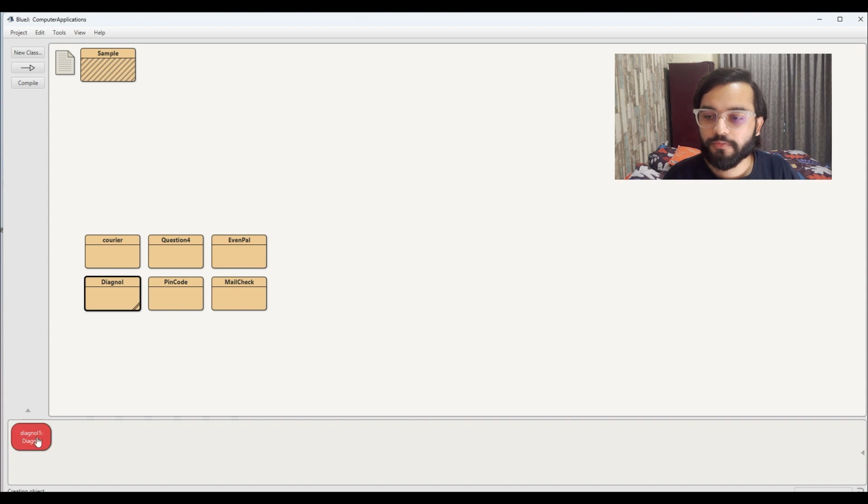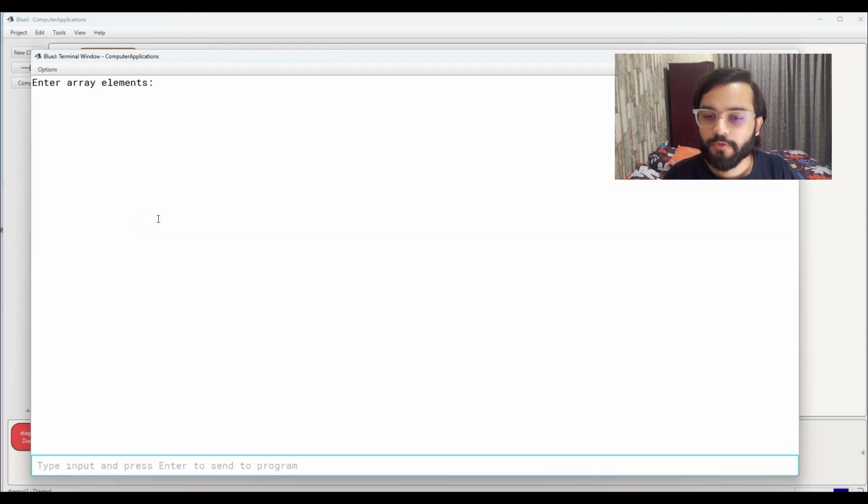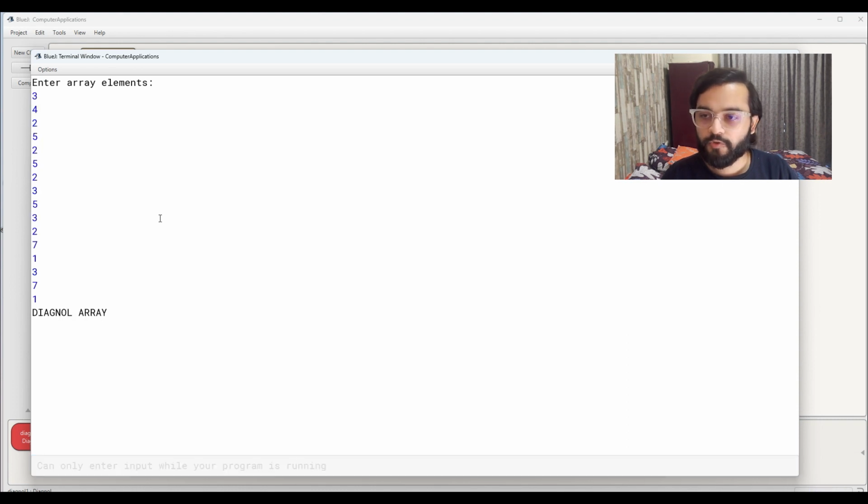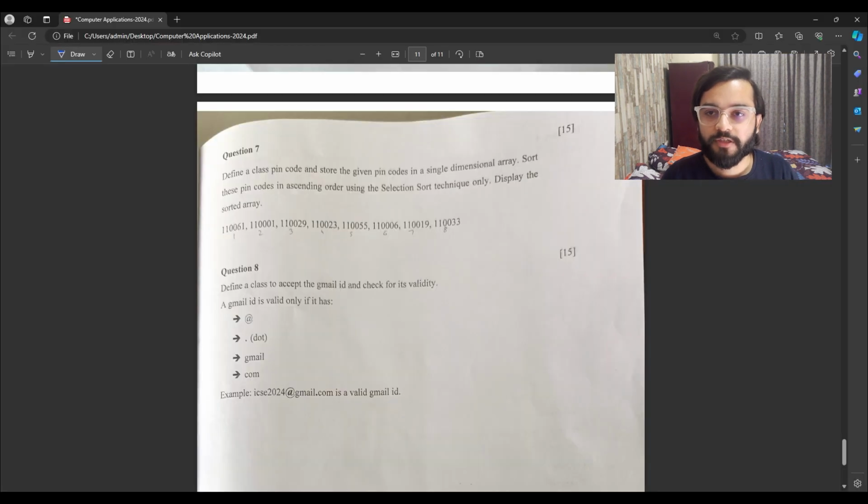So the first value we have is 3. We can see that our array is a diagonal array as per the sample given in our question. Now going to question number 7, here we have to define a class Pincode and store the values of the pin code in a single dimensional array.